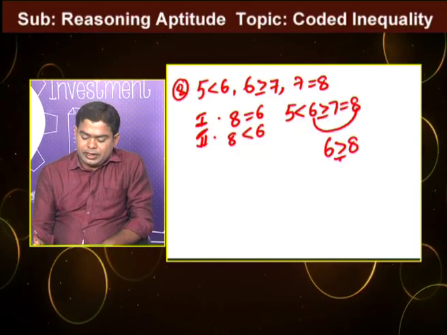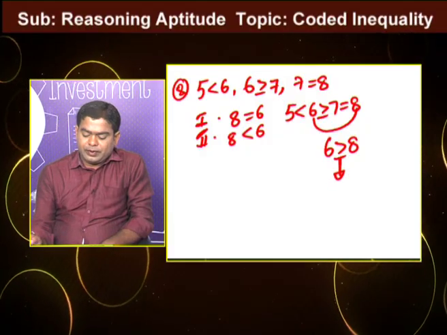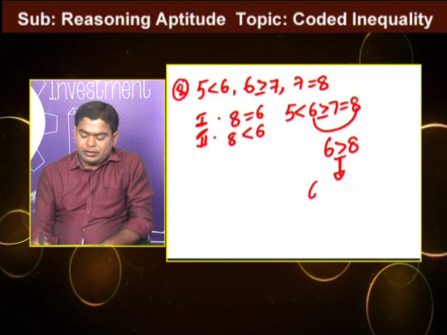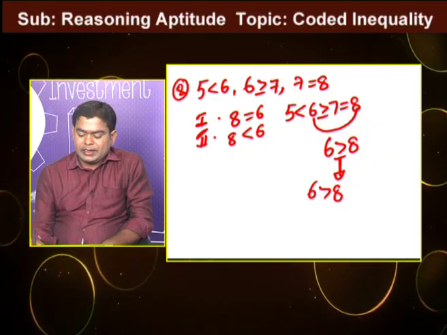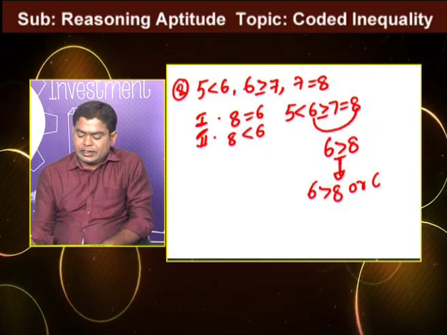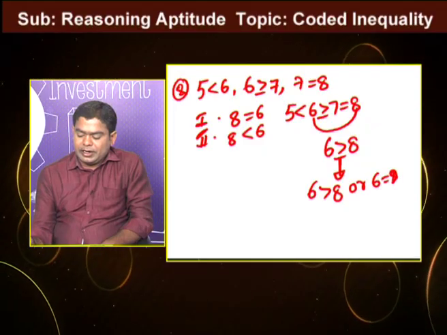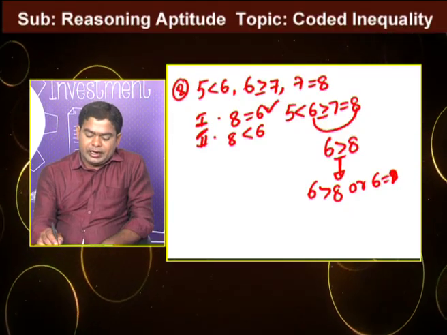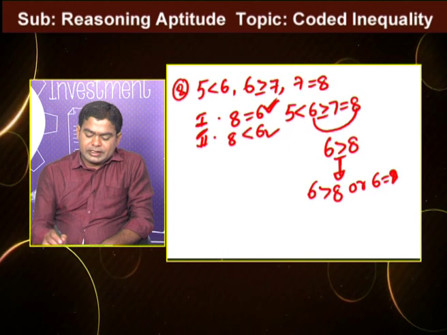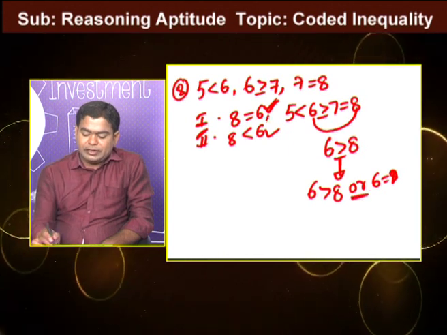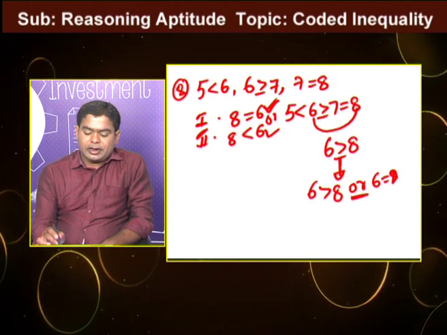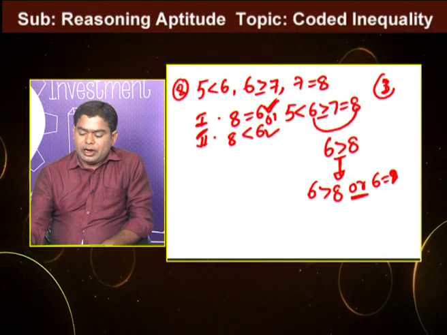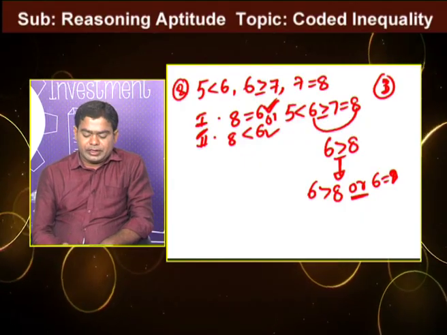So here conclusion 1 and conclusion 2 contain the same terms. So we get 6 greater than or equal to 8. 6 greater than or equal to 8 means 6 greater than 8 or 6 equal to 8. That means indirectly in our combined statement 8 equal to 6 is there and 8 less than 6 is there, but in between 'or' is there. That means either conclusion 1 or conclusion 2 follows according to our question paper. Option is 3. We go to the next question.